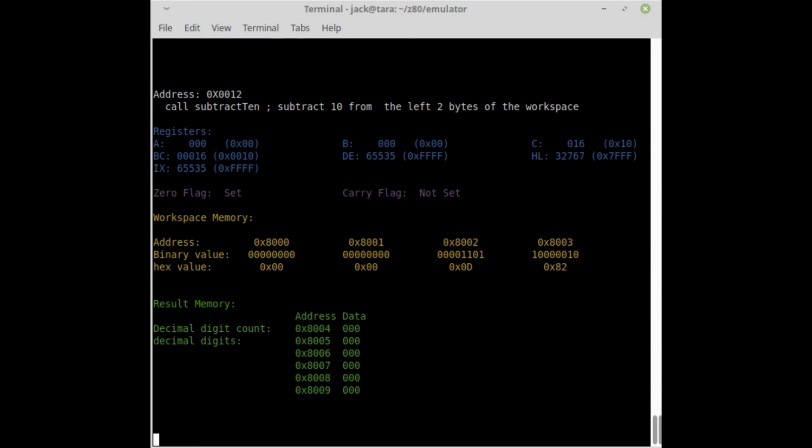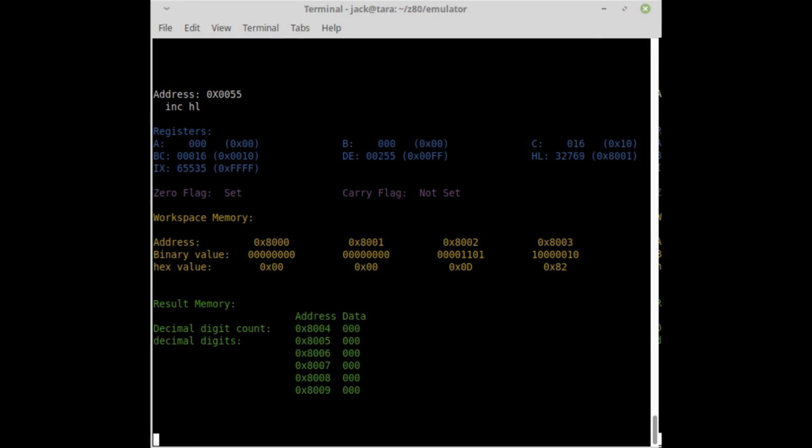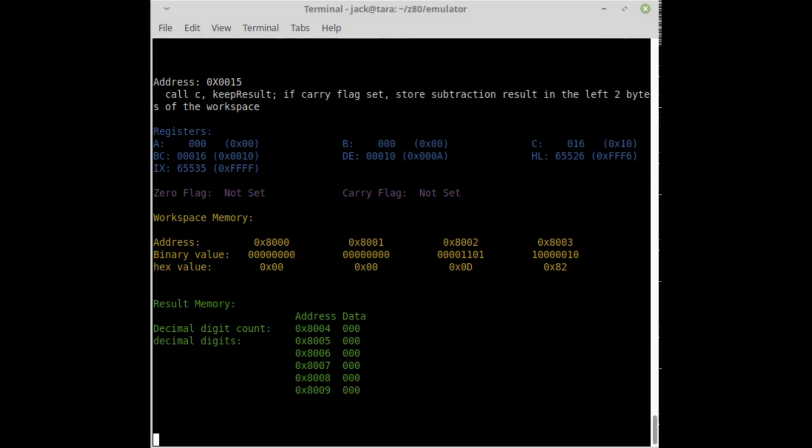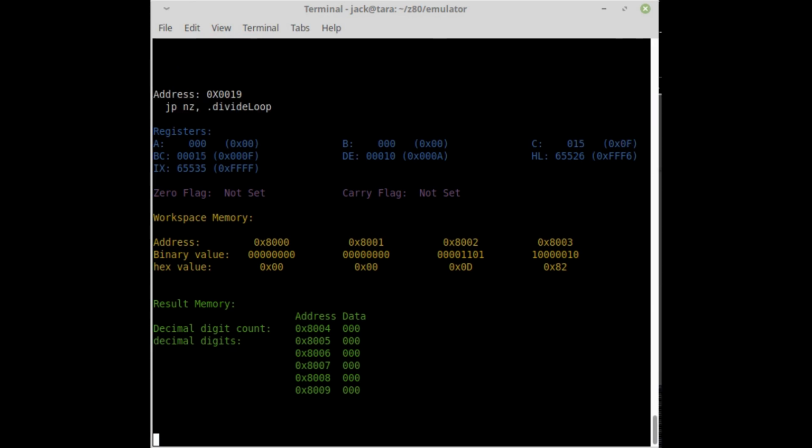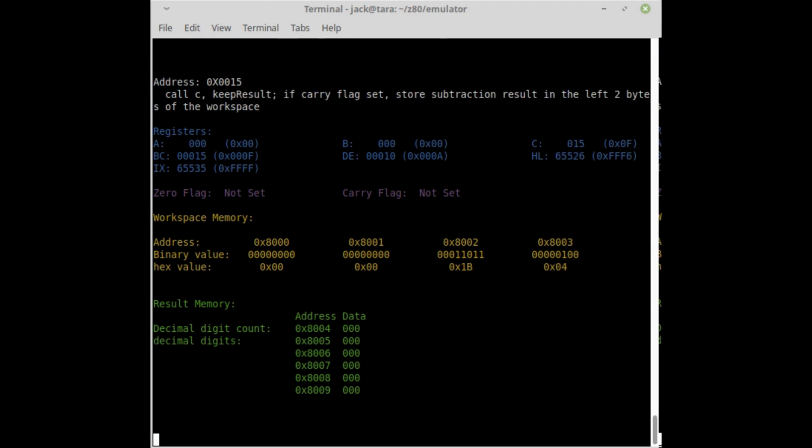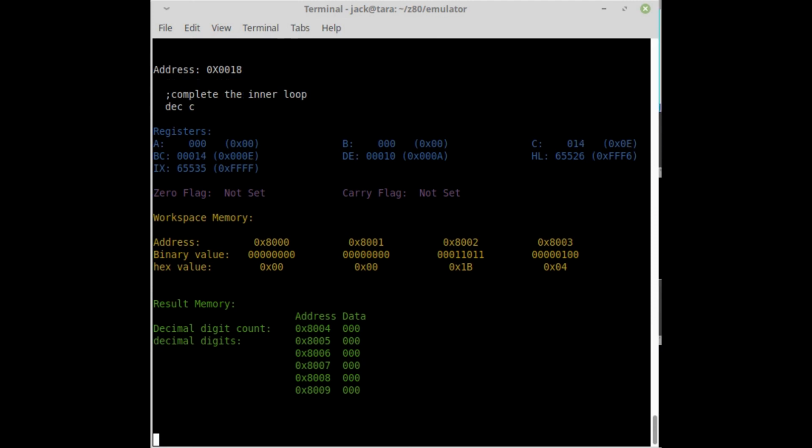And stepping into the subtract 10 function, the carry flag is not set, so the keep result function will not be called on this iteration. Decrement C and jump if not 0 at the end of an inner loop iteration. A quick look at the second iteration of the inner loop. Now jumping directly to the end of each iteration of the inner loop, back in the outer loop,